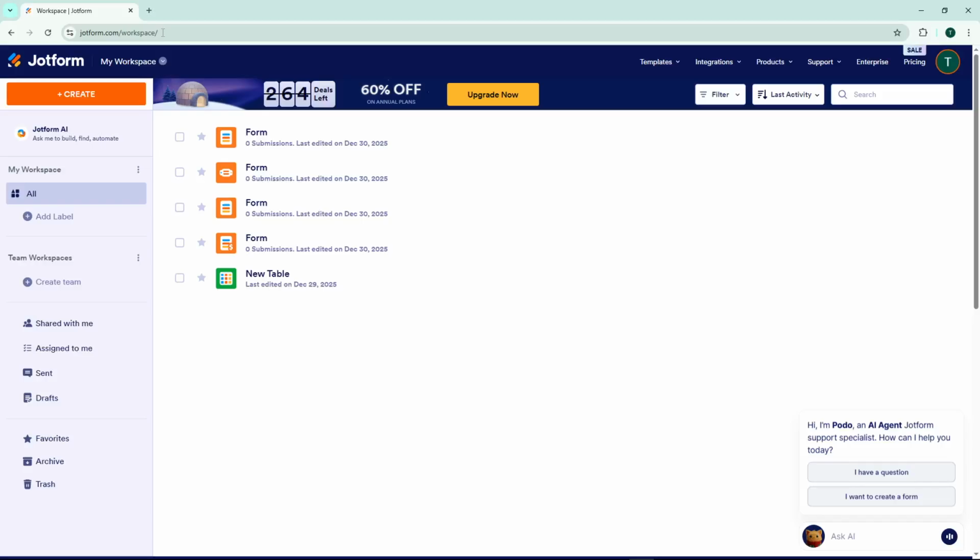Welcome back, everybody. Today, I'm going to teach you how to create a multi-page form with Jotform. If you've ever felt overwhelmed by long forms that seem to go on forever, breaking them into multiple pages can make a huge difference. It helps improve user experience by making your forms feel less intimidating and more manageable for